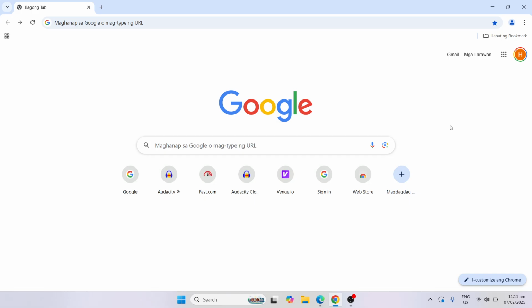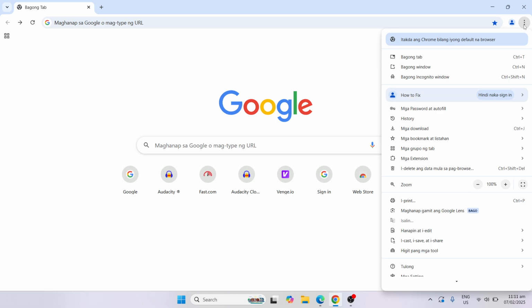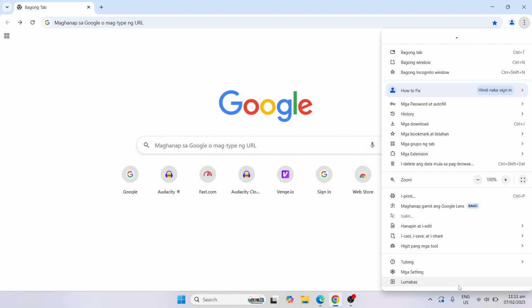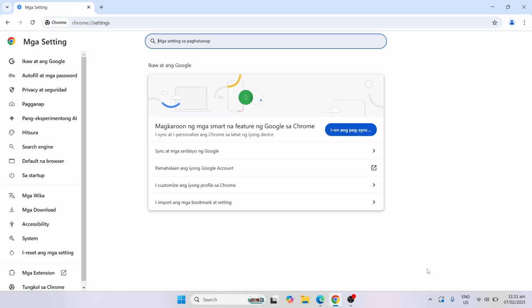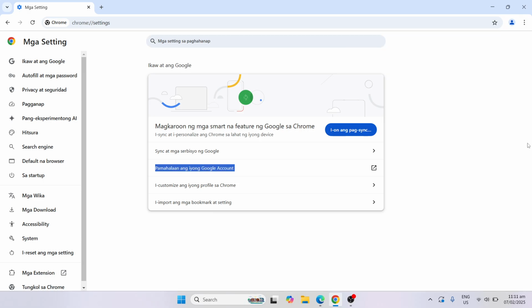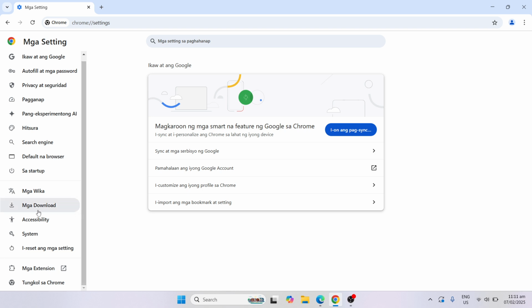First, you need to go to the upper right side of your screen, and as you can see, it has these three dots. Click on that and then scroll down and look at this gear icon here. Just click that. Once you click that gear icon, you are redirected to your settings. Here at the left side, just count